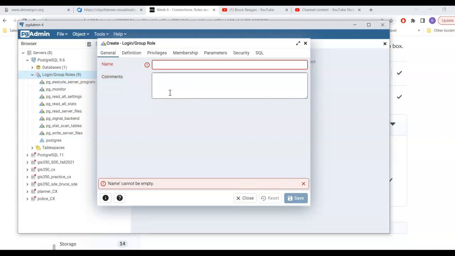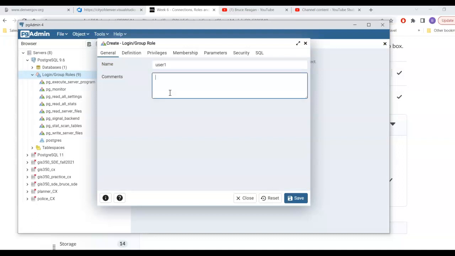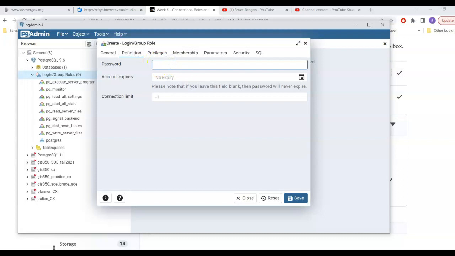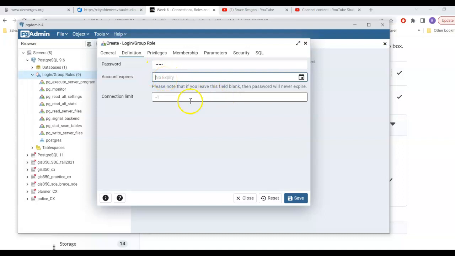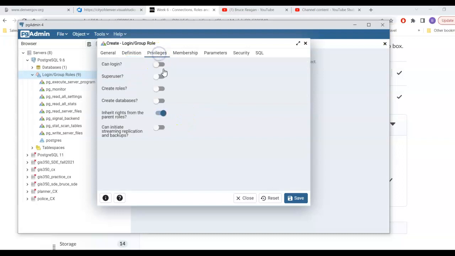and for the purpose of the demonstration, let's just call it user one, and we're going to define the password, and the password's going to be user one, and it does not expire. You can see here's where some guy in the background is saying every 90 days you have to do this. Well, this one's not set up to do this. And we'll make sure that that person can log in, but he's not superuser. He can't create roles, can't create databases,